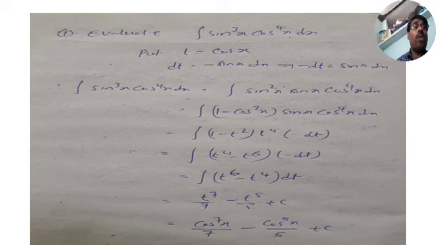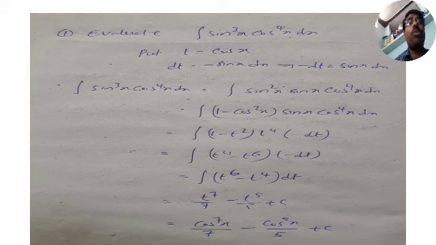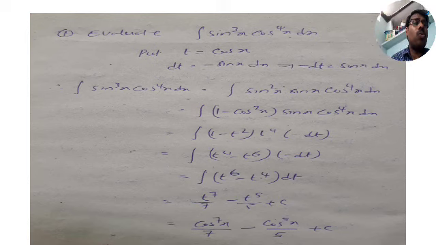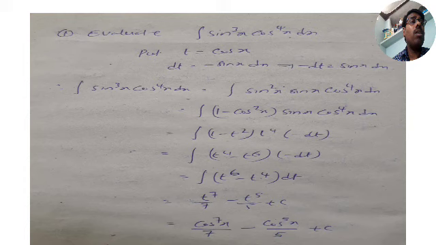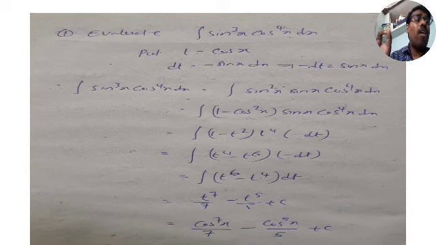This step you need to get. What is your substitution? In integration by substitution, once you get the substitution, then 90% of the problem is completed. You see how very easy it is to solve this problem once you know the substitution. What is that? Sine power is odd. Therefore I am substituting t is equal to cos x.